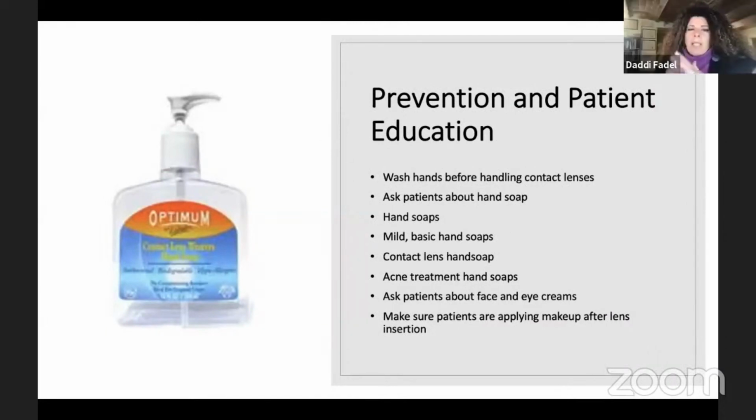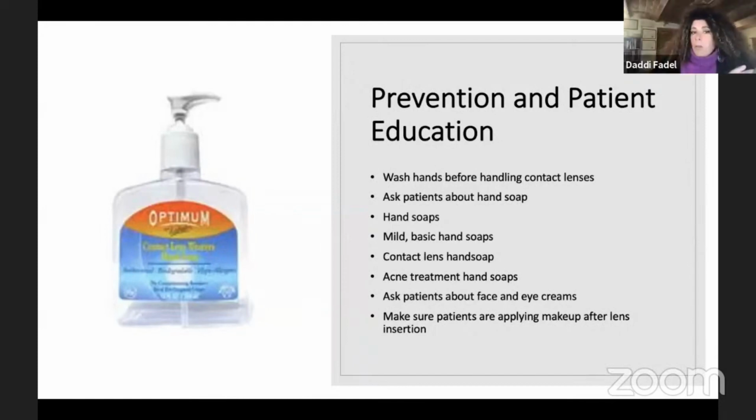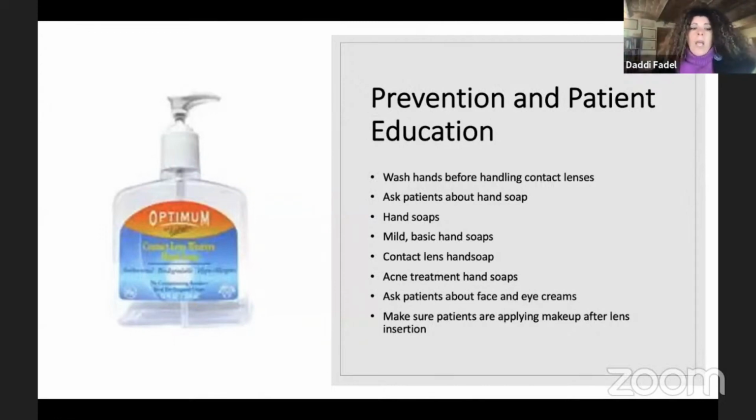Research has shown that post-lens tear debris consists of a high concentration of lipids, and surprisingly, lens surface and tear reservoir clouding issues are common in patients with ocular surface diseases. So you need to check the soap used. You need to avoid deodorant, scented, or moisturizing liquid soaps. You have to recommend clear hand soaps, mild basic hand soaps, those specific for contact lenses or those indicated for